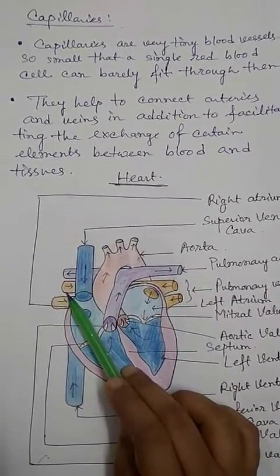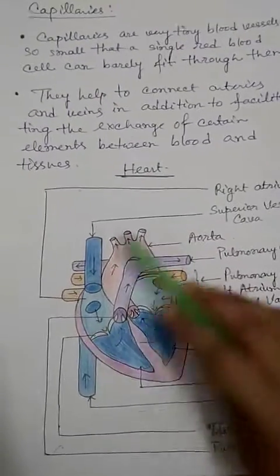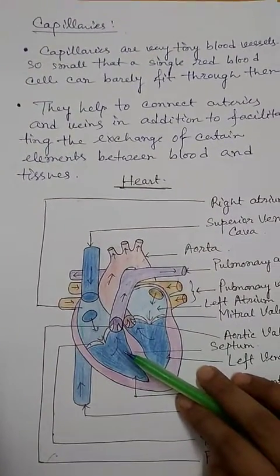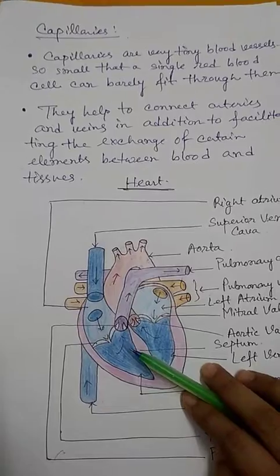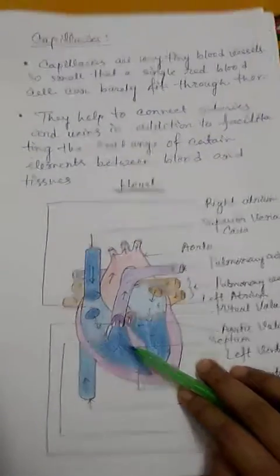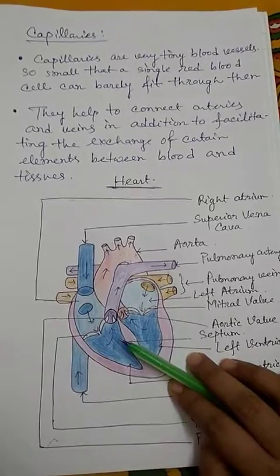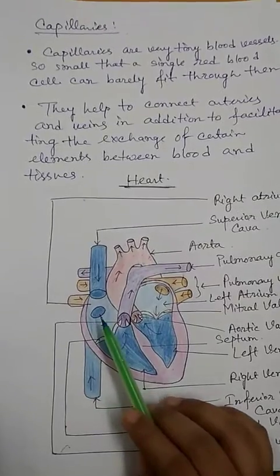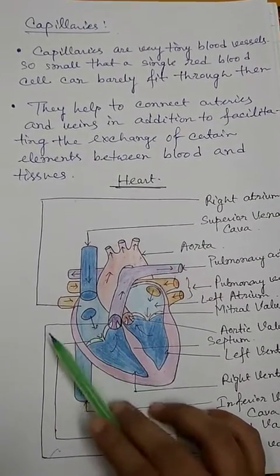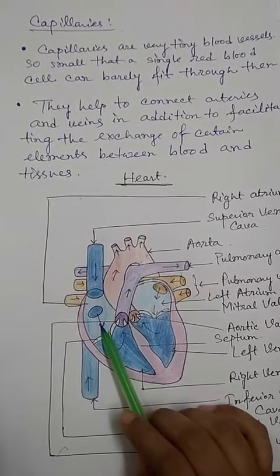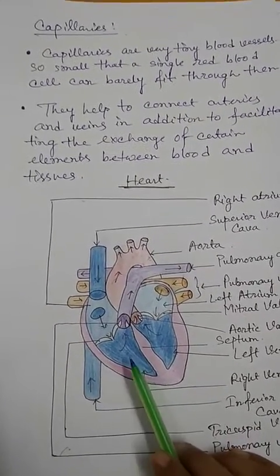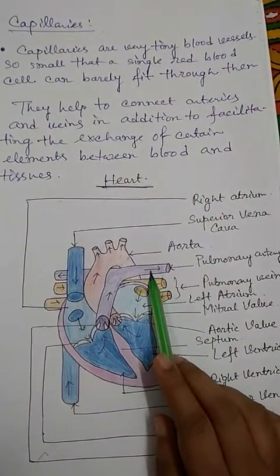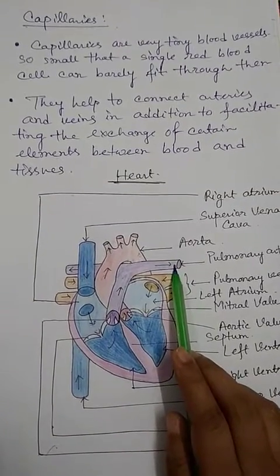Now we are going to discuss the circulation of blood through the heart. As you know, the heart acts as a pumping machine. It pumps the blood into our body. Now how does this circulation go? First, with the superior vena cava and inferior vena cava, blood comes into the right atrium from all over the body. Then from the atrium, the blood goes into the right ventricle. Then it passes to the pulmonary artery and goes to the lungs for purification.